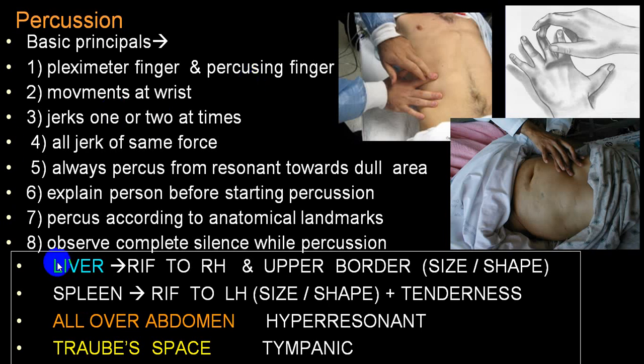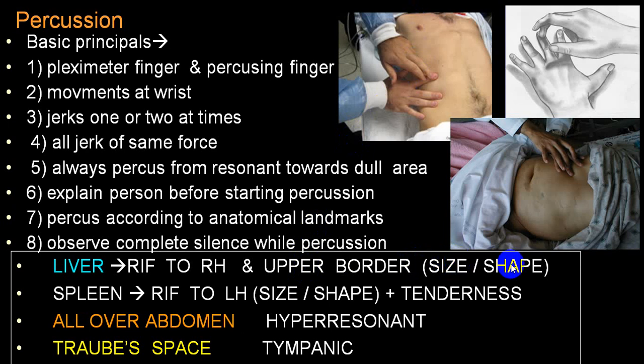For the liver, you will have to percuss from the right iliac fossa towards the right hypochondrium to identify the lower border of the liver. And to identify the upper border of the liver, you will have to percuss from above in the chest, from the second space downwards, to find out the upper border of the liver. And by finding out the upper border and lower border, you will be able to identify the size as well